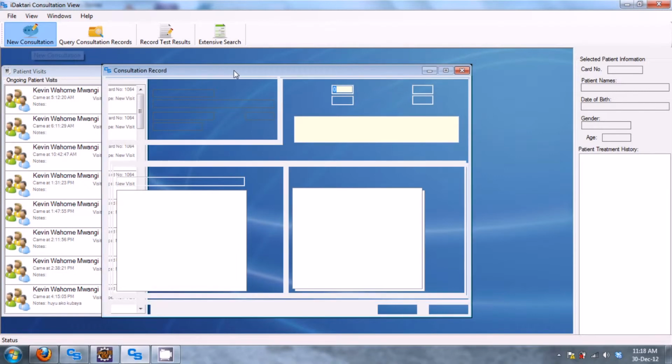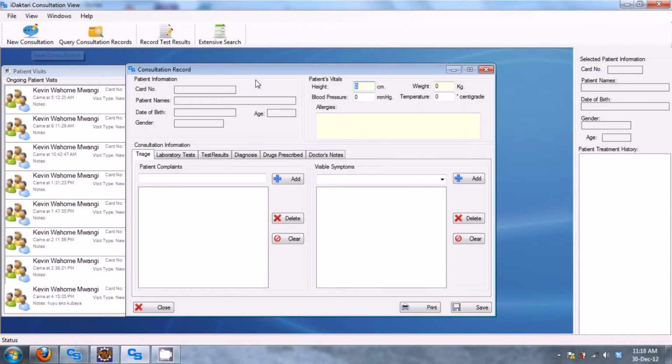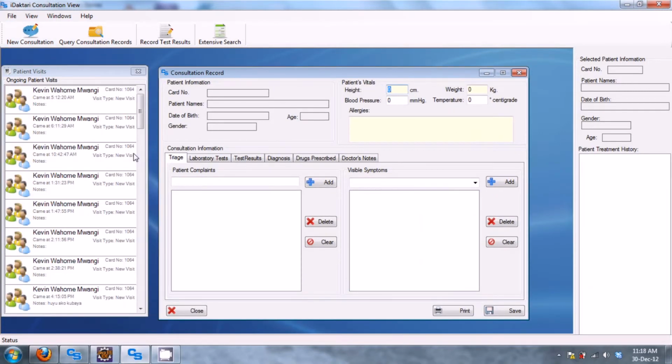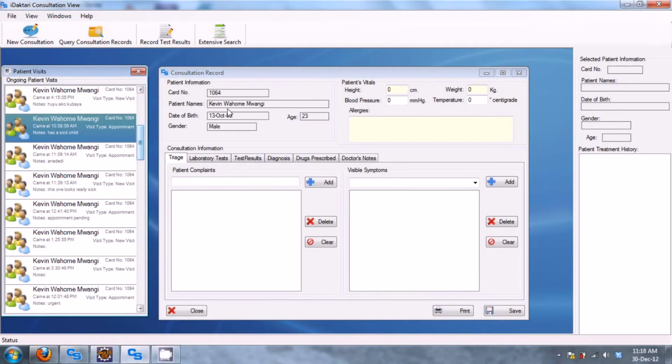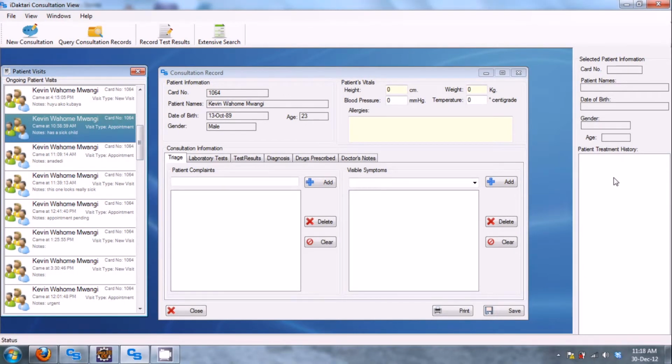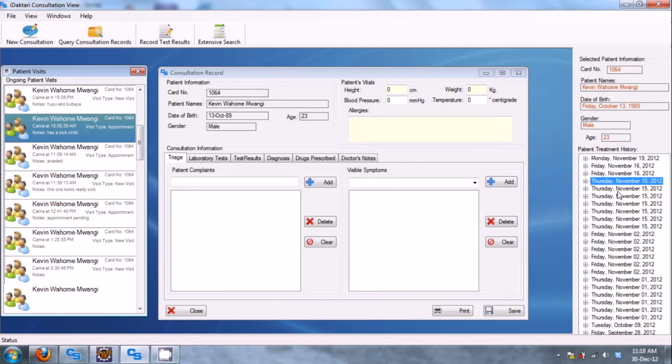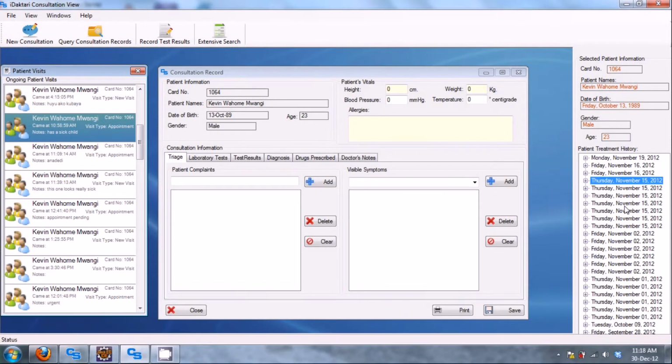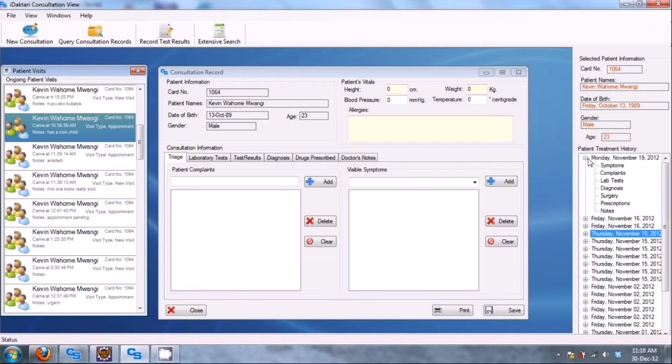And you can see they can start a new consultation record for the patient. Let's say I want to start one for Kevin Ohome. I can also see the patient history for Kevin Ohome on this side. So Kevin Ohome has been here frequently. The most recent, let's say, is November 19th, and I can see what the doctor can actually see